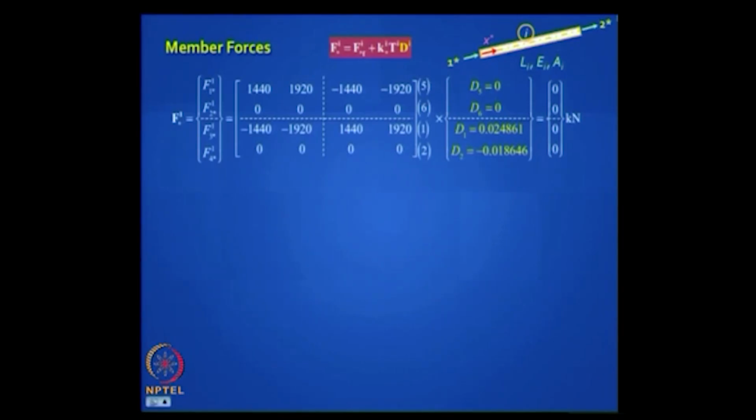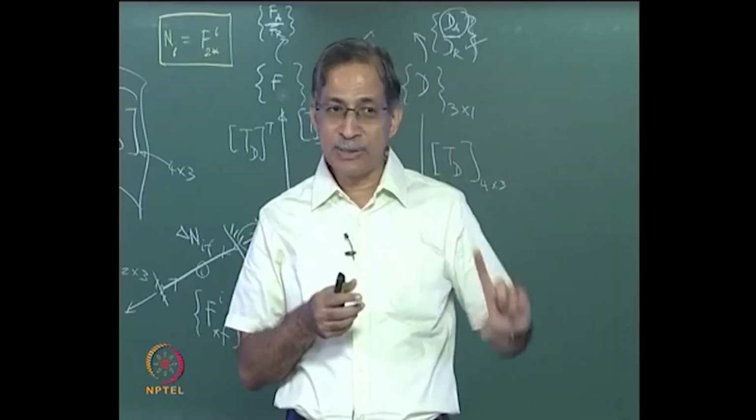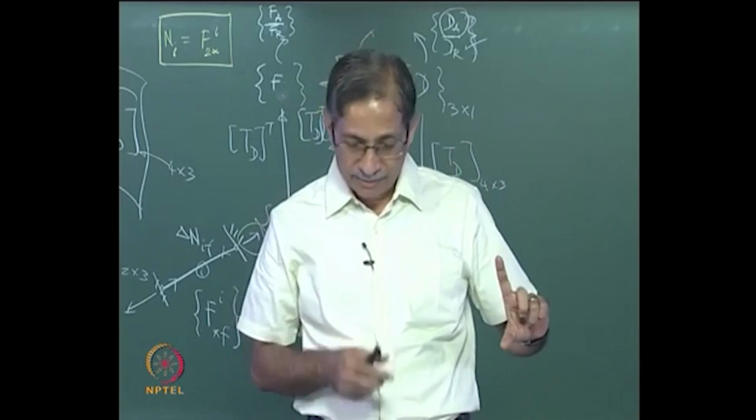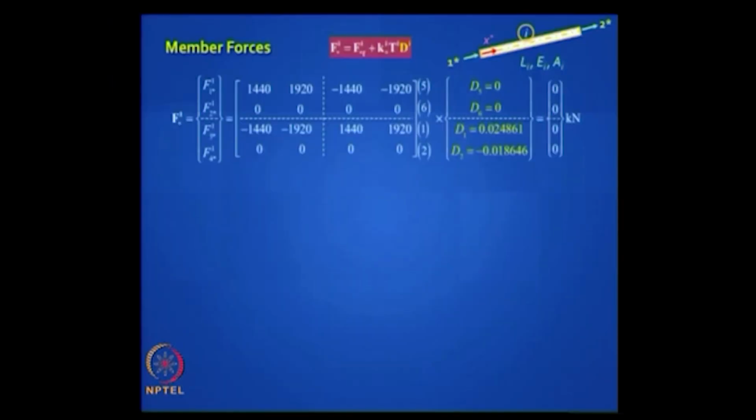Here you have to be careful because from that large displacement vector, what is the size of the displacement vector? 6 by 1, you have to select only those 4 which pertain to the first element. So that is why I put a yellow color here to remind you that you have to do it carefully. So you take out those particular values 5, 6, 1, 2 from your dA dr and then plug that in,